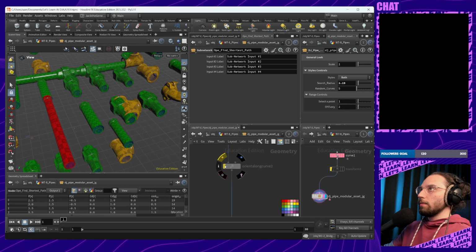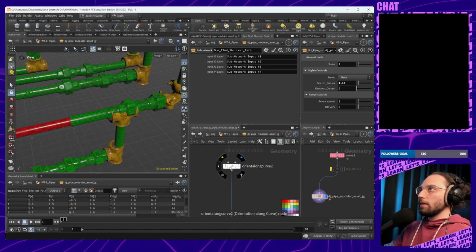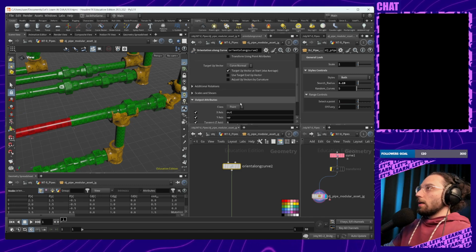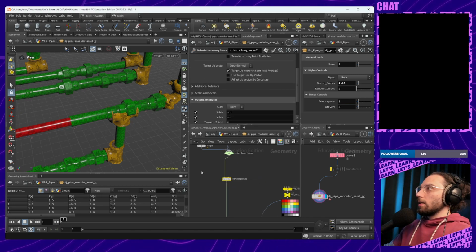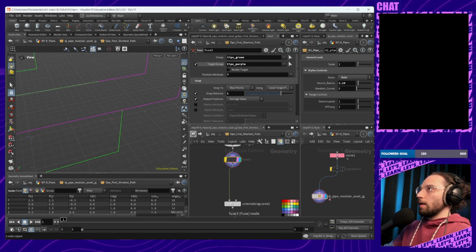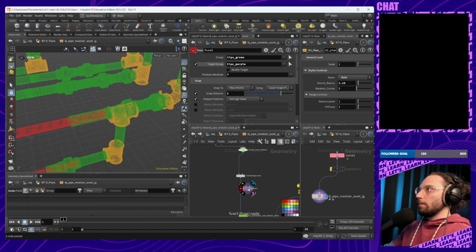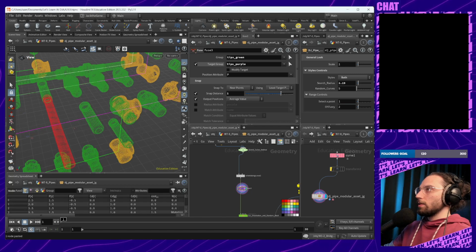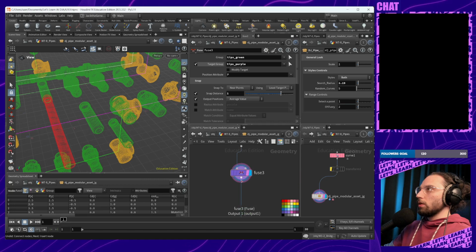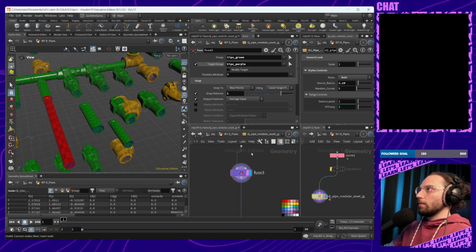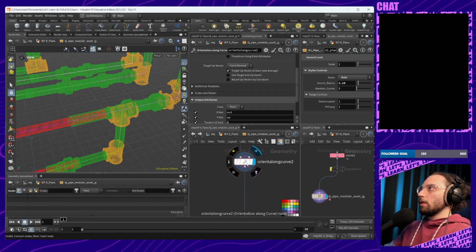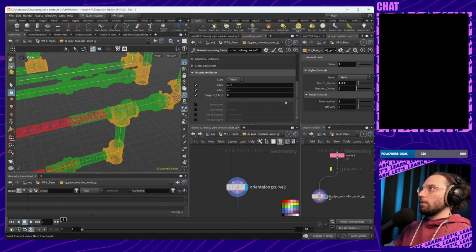Bypass that, then we lose every single thing. And yeah, I think that is the reason why this is happening, if I'm not mistaken. But I mean, one can take the fuse out, so basically bypass it from here and maybe enable it here. Is that what you're saying? No, that also doesn't work. Unfortunately, okay, that's good though. Good to know. So yeah, whenever the orient along curve is affected or is there,